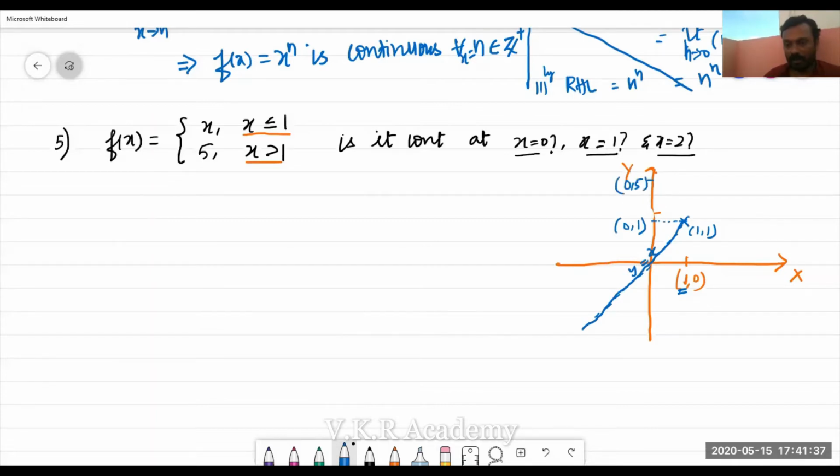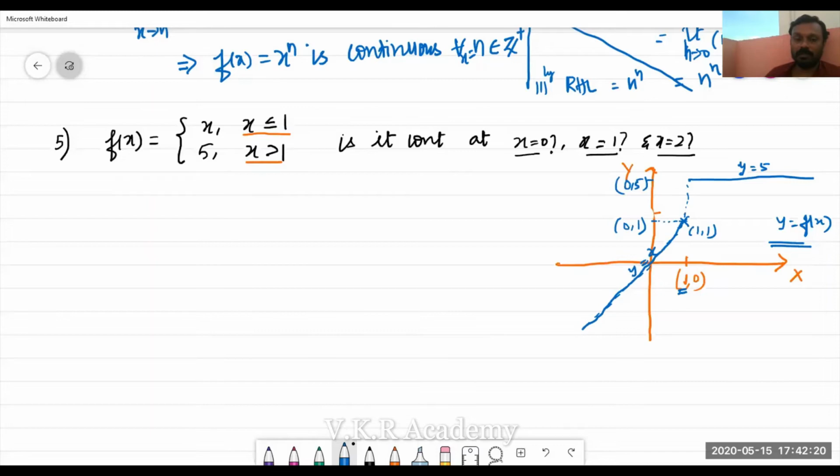So for the values x greater than 1, f of x is equal to 5. So this is the graph of y is equal to 5, where y is f of x. From this it's clear the function is not continuous because there is a jump here. At the points less than 1, it is continuous; there is no break in the graph. For the values x greater than 1, it's also continuous because there is no break in the graph. But when x is equal to 1, there is a break.